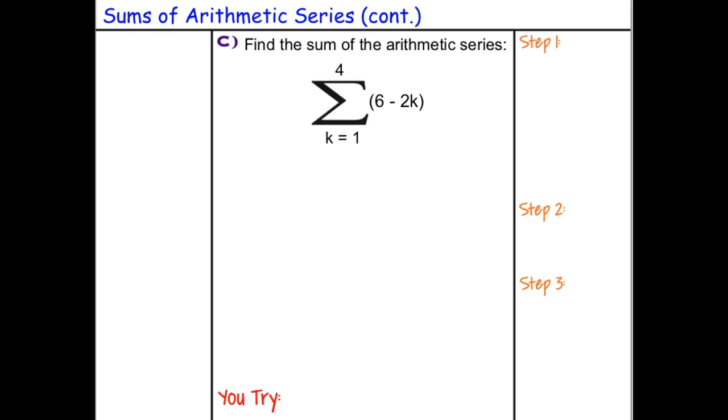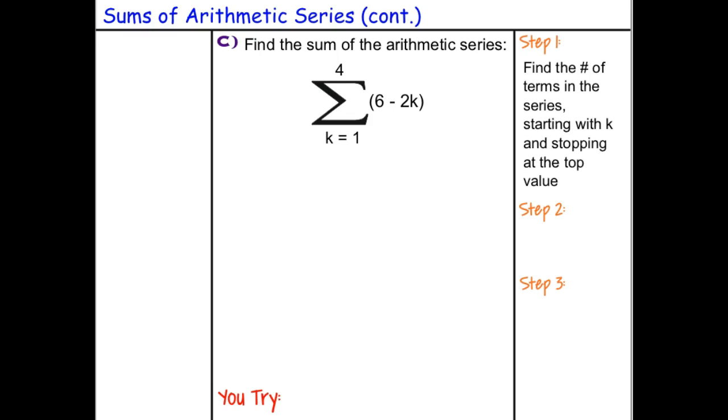The last piece for you today is when you're given the summation notation. So to do this, these ones I actually find to be easier, but that's just me. Find the number of terms in the series starting with k and stopping at the top value. So that means I need to know n, we still need to know term 1, and we still need to know term n, which n is right here, so n is 4,